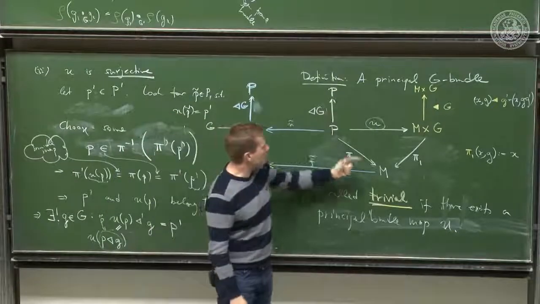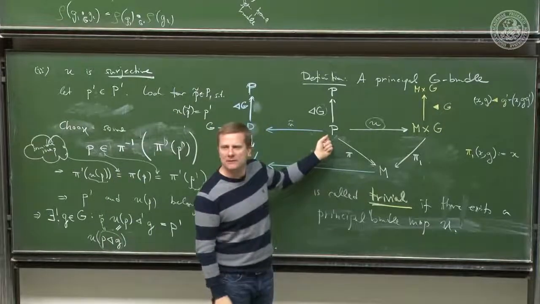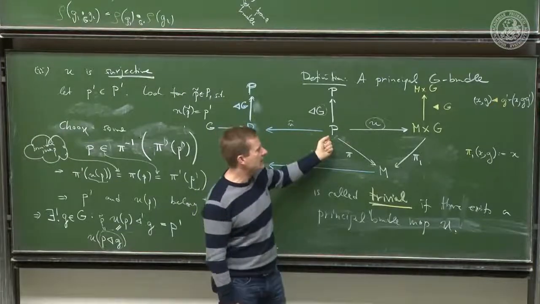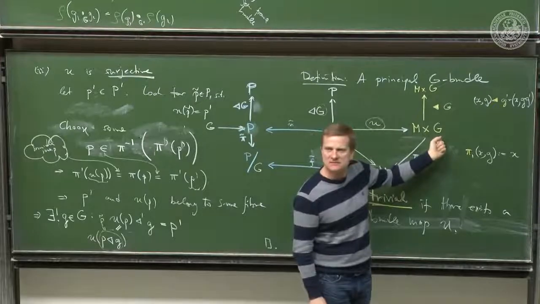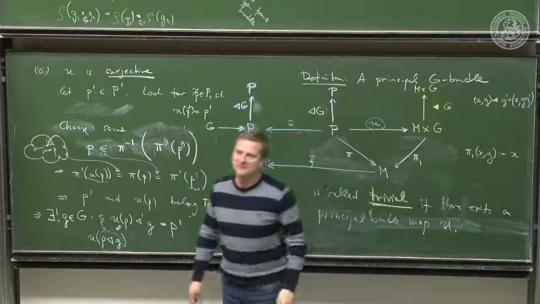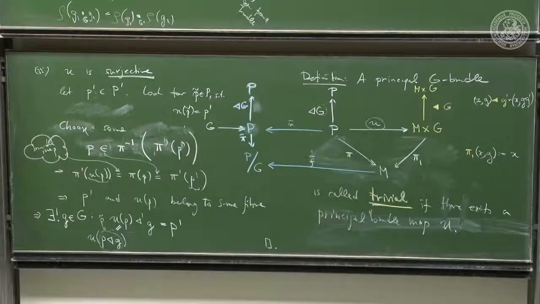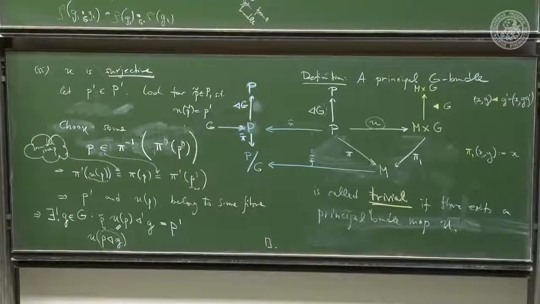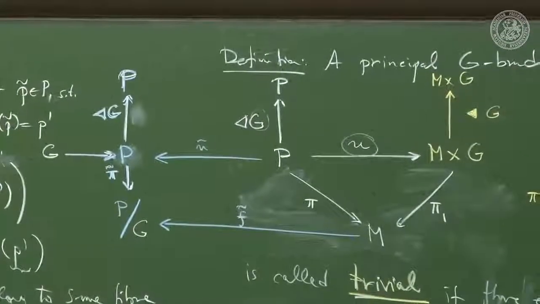This principal bundle is a G fiber bundle, meaning at every point there's the same fiber. Hence, it makes sense in the first place to ask this. This was going back to all the definitions. We can say that principal fiber bundles are isomorphic to some